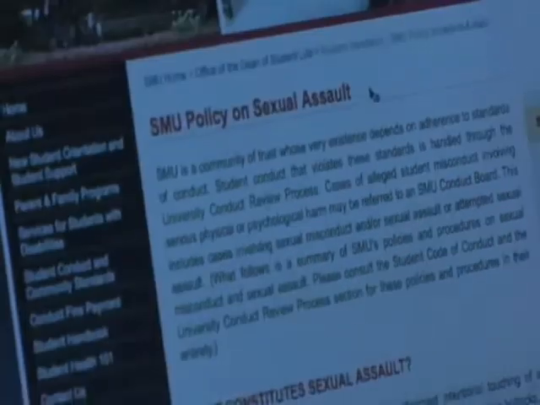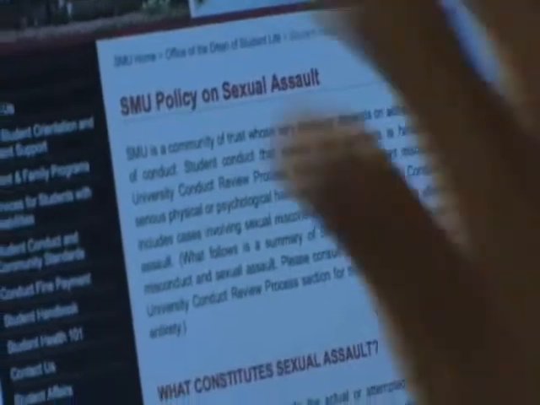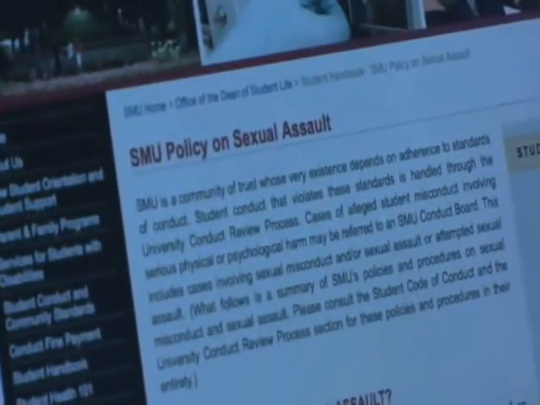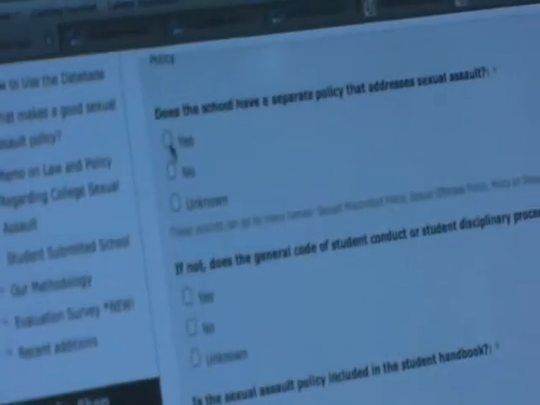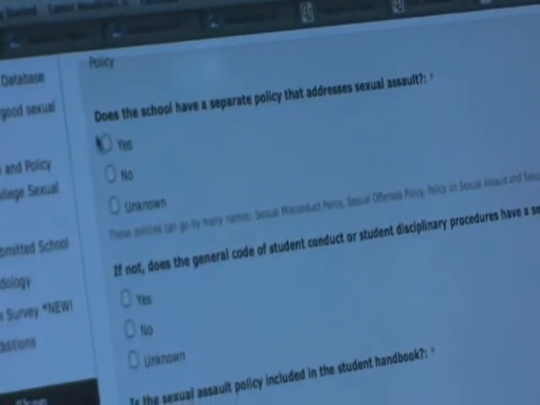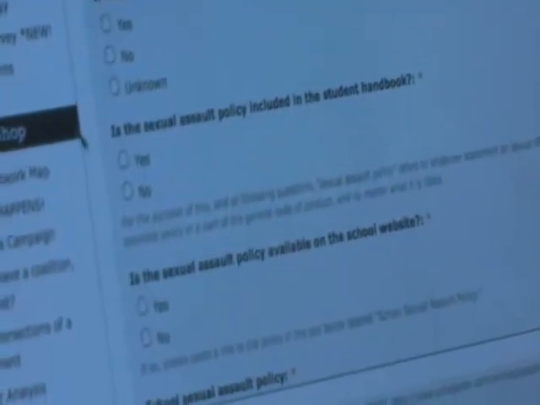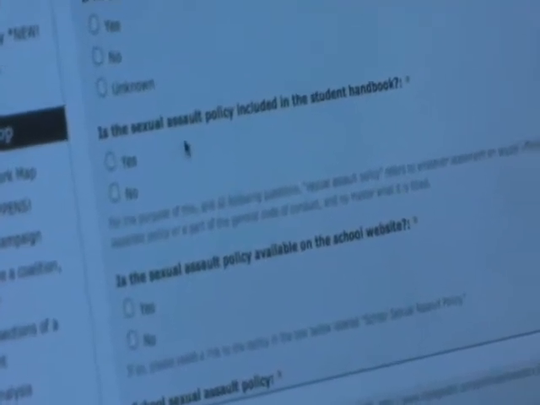And there's a link here to the student handbook. And as you can see, the policy itself is online right here. So going back to my student submit form, I would click yes, the school does have a separate policy that addresses sexual assault. That way I can ignore this question and go straight down here